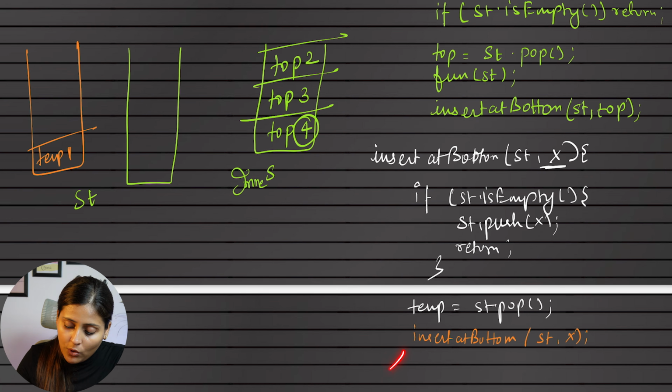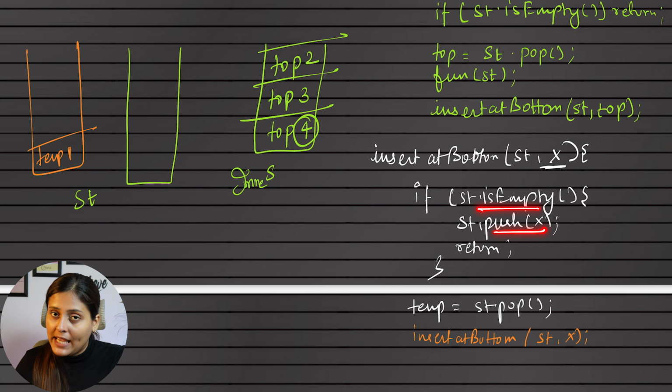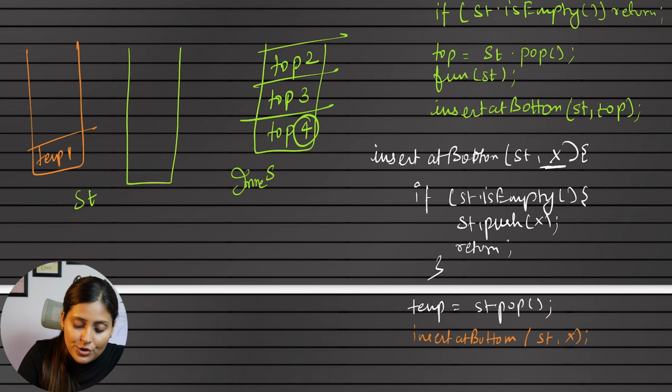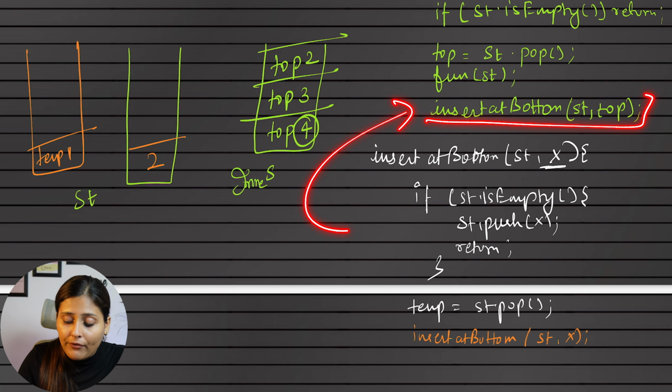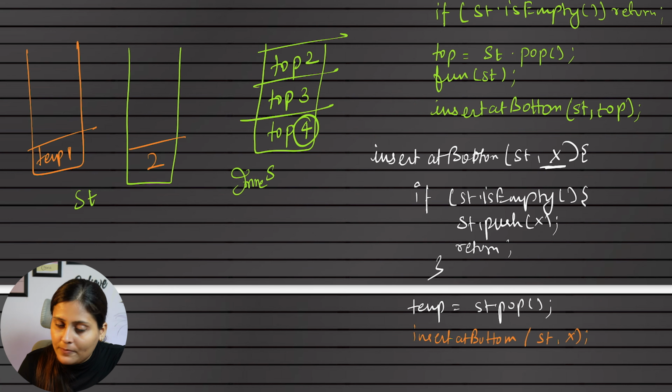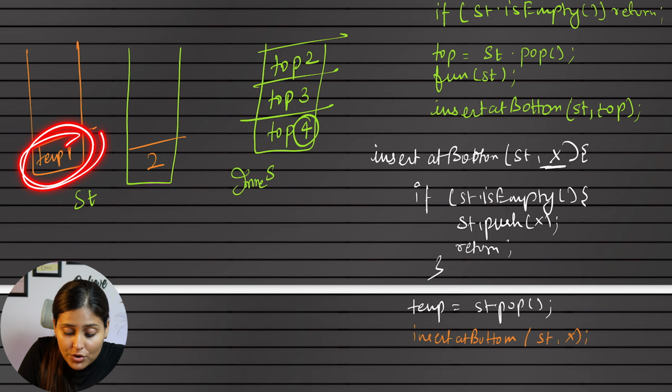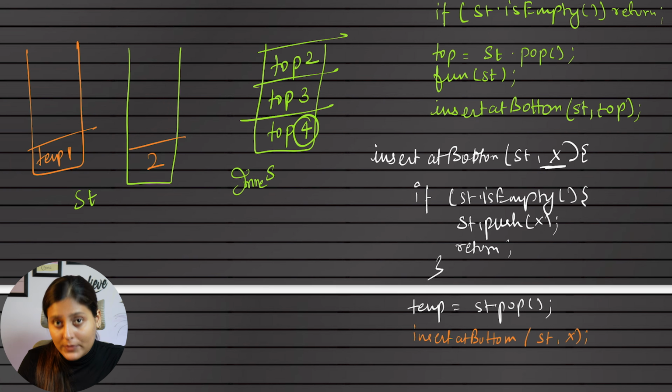Correct? Now it will go and say, hey, currently my stack is empty, I can definitely push my x. What was x? 2. So now this 2 will get inserted here. Correct? Now this 2 has been inserted. If you don't write anything, this will get returned to the call from where it was called. Can I say that? But we should insert 1 also, correct?